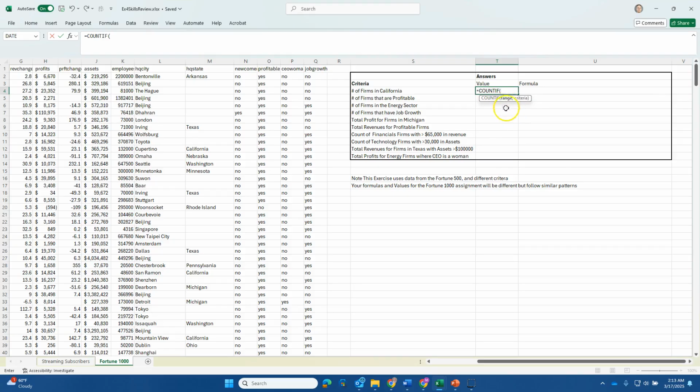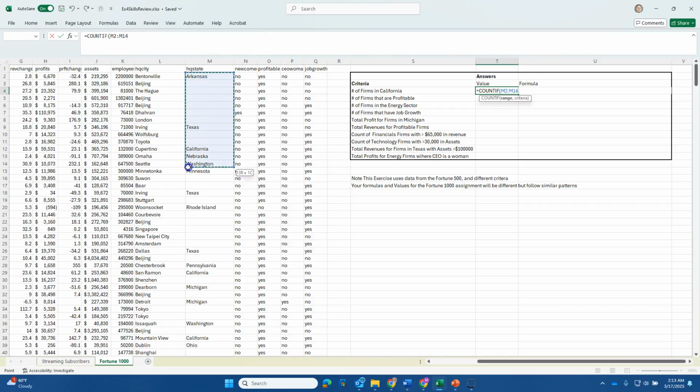So it says the range. The range that we're looking for here is the cells where we might find the state for the headquarters. So we're going to click on M2, which is the first